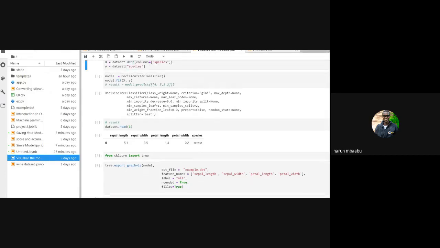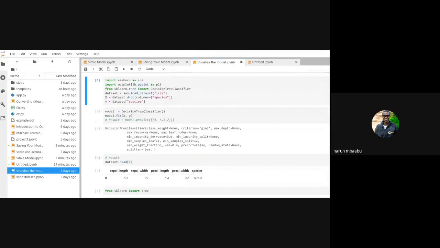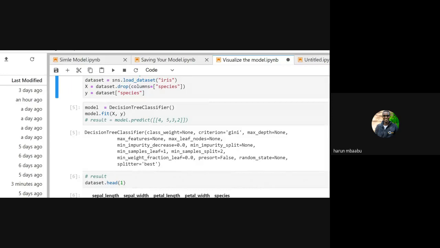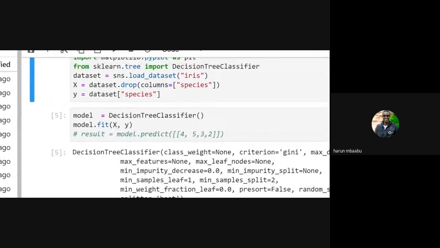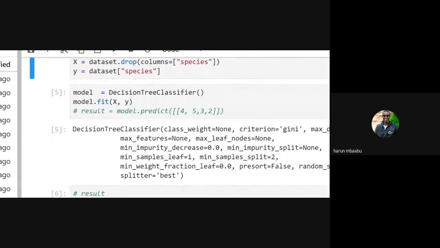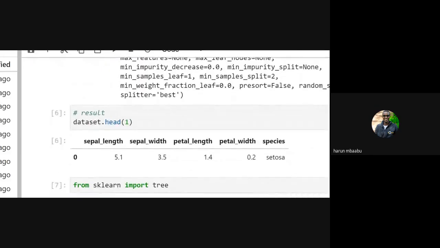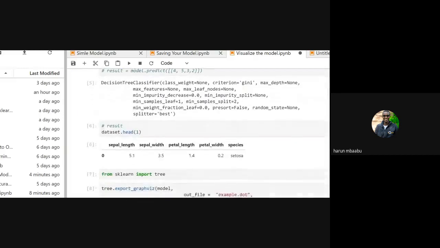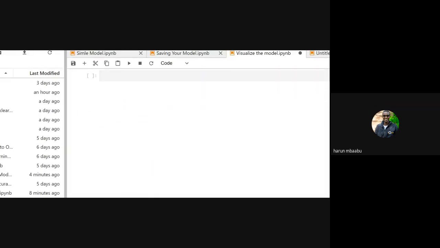that is imported when you import sklearn. So the first thing you do, the similar thing, then you fit your model. Import the packages, load the data set. Then you define your inputs, that is your input and the labels. Then you make an instance of your machine learning algorithm. Then you fit your machine learning algorithm. But now you can see you're using a decision tree. You can visualize your decision tree. Just one minute.